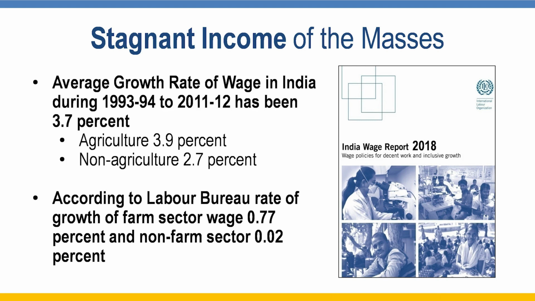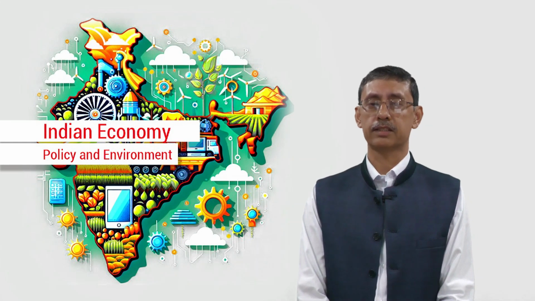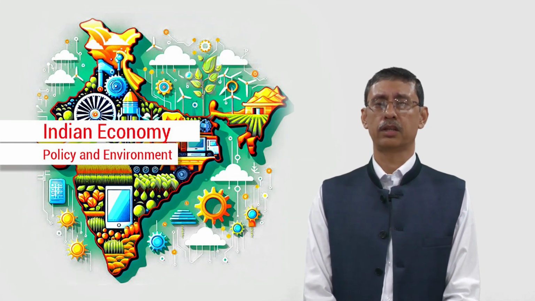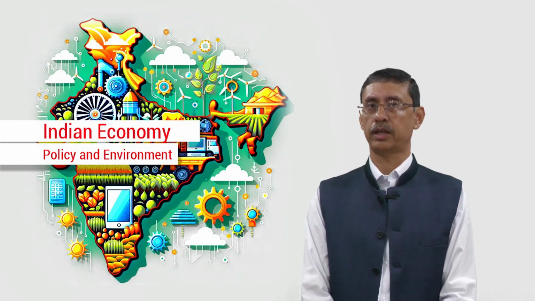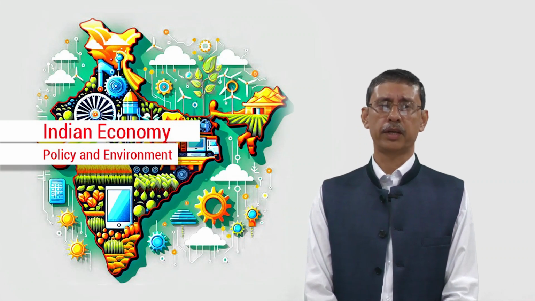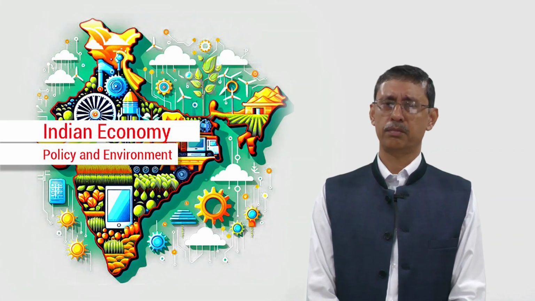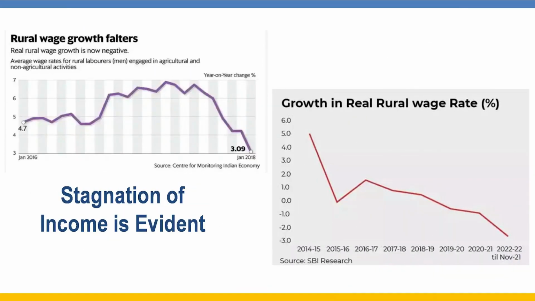So when you have a suppression in the general income of the masses, then we will not have enough demand coming up within the economy, which can actually sustain this kind of industrial growth, which is coming from the durables of the consumer as well as non-durables. So therefore, the main point is this. And then many other graphs will also show you the stagnation of income, which is actually evidence. It is showing that income is not growing.